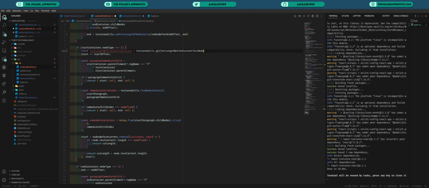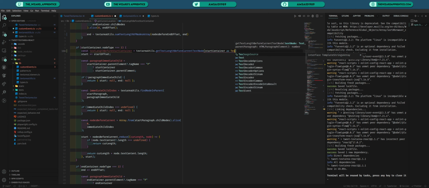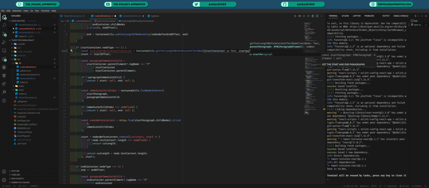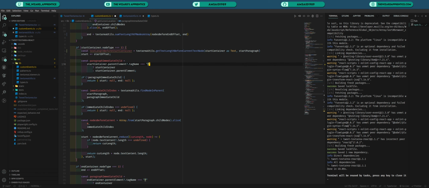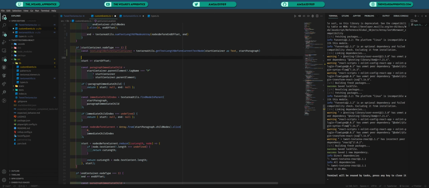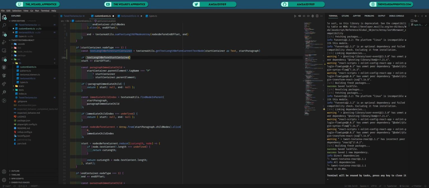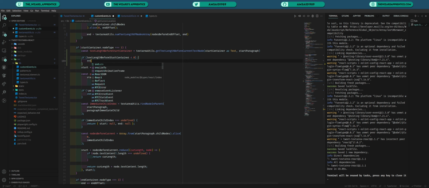Get text length before current text node, will pass the start container as text, and then we'll pass the start paragraph, basically the two variables that we're using here, start container and then start paragraph. Here we pass them to the function, so they will be used later. And then what we'll do, if text length before start container less than 0, then we will